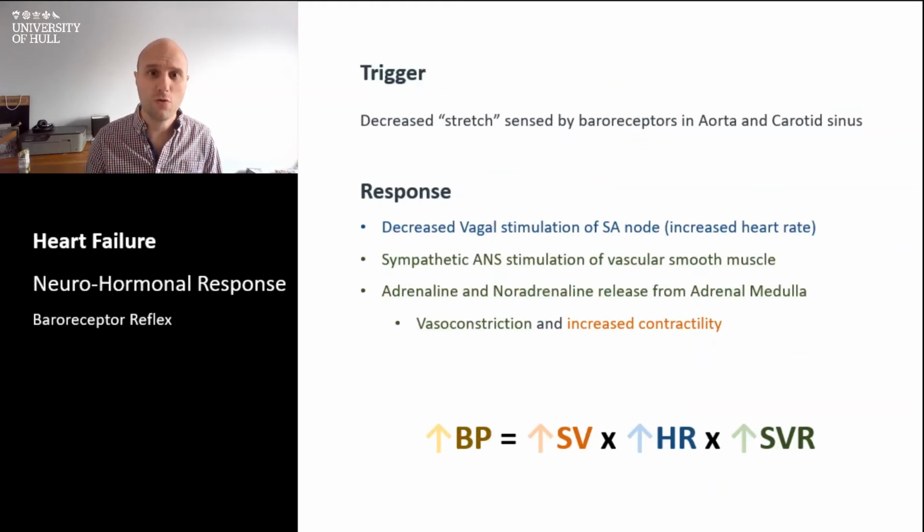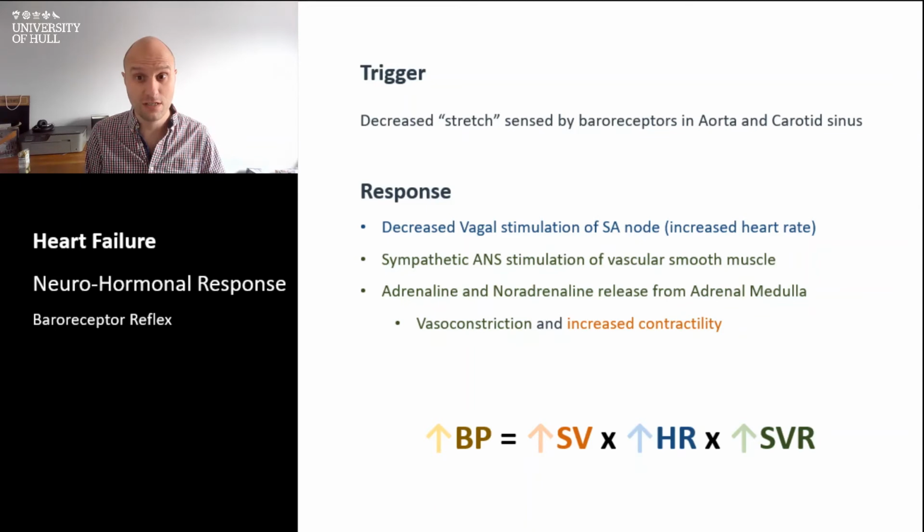So the neurohormone responses, well, I've described these in detail elsewhere. However, we'll revisit them briefly here. So the baroreceptor reflex senses a decrease in the stretch in the aorta and carotid sinus, and that brings about a number of changes, one of which is an increased sympathetic autonomic stimulation of the vascular smooth muscle, which is increased further still by the release of adrenaline and noradrenaline from the adrenal gland,